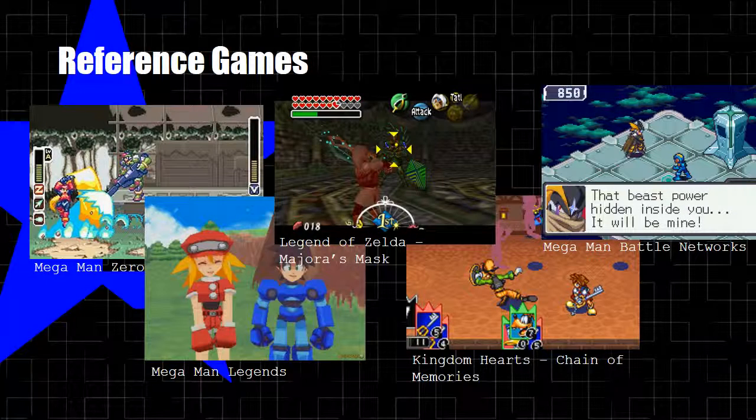Reference games. A lot of Mega Man. Mega Man Zero and Mega Man Legends are mostly for stylistic choice, especially Mega Man Zero because, at the very least for me, it gives me a kind of hand-drawn style. I really like how it looks, especially if you look at the mug shots of the first Mega Man Zero. I can really see pencil lines on the artwork. I also like the Mega Man Legends style too. Very cartoon even though it's a very low poly game.